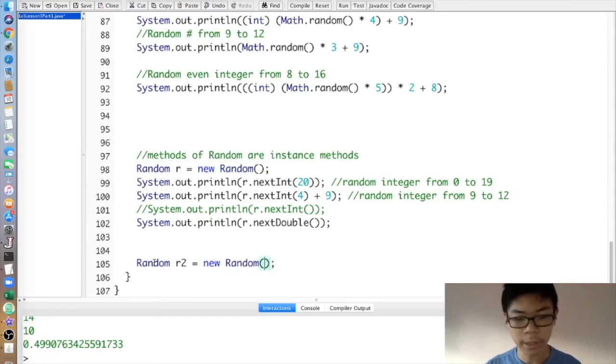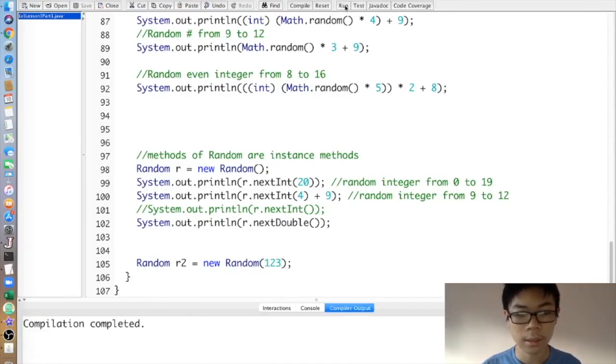However, if I put Random with a seed, basically an int, now if I do say r2.nextDouble and I print it,